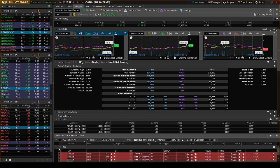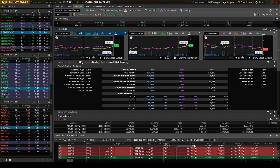So let me just click on Disney. Let's see what we have here. Okay, so it's not too bad. It's only starting off with a small loss of 4,000, and then let's move up the dates. All right, so by January 31st, it should be making a little bit of money here. So let's just see what happens at the...